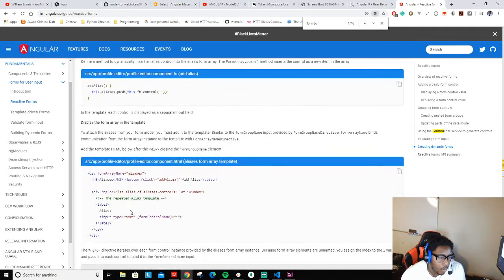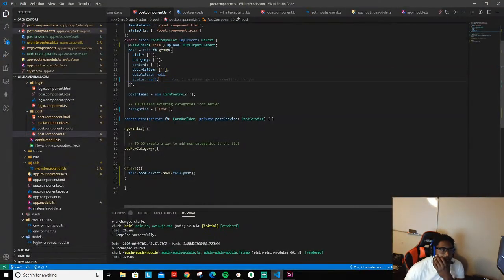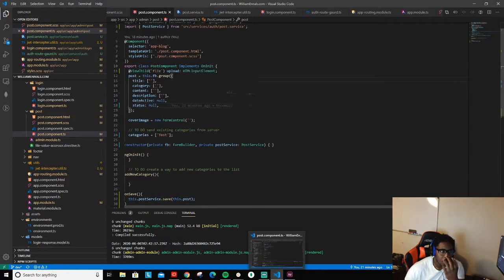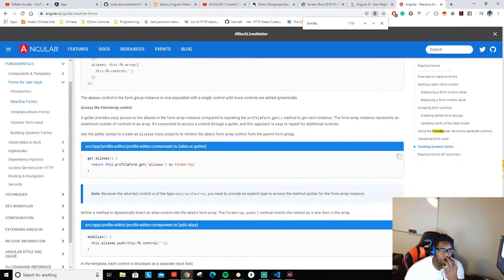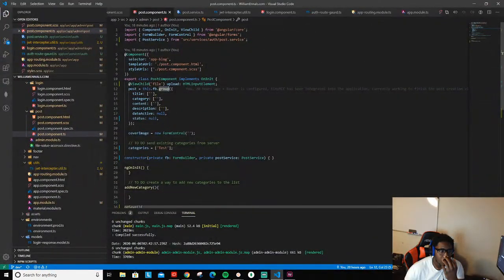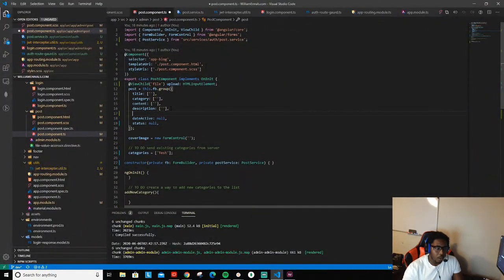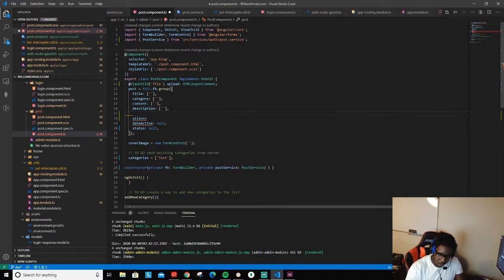Okay, so I think we can work with this, because we're only going to use those if they exist. Actually, we've got to use the form builder. So we're going to do form builder dot group, and then you do your comma aliases. So let's go up in here in the group, and right here we're going to say aliases. I think we've got to close the first object,